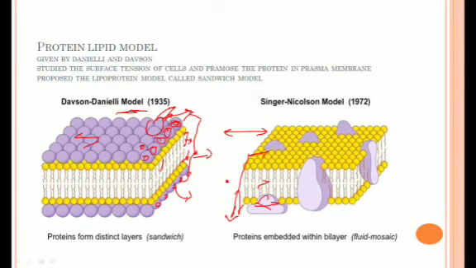This is a very prominent difference between the two models. And in the remaining portion, the structure of the plasma membrane, the lipid bilayer, is the same in both models, but the structure and position of the protein is different. Okay, in the next slide